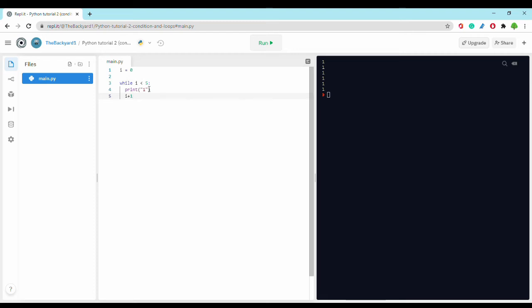2 is less than 5, yes, print 1. Now I is 3. 3 is less than 5, yes, print 1. Now I is 4. 4 is less than 5, yes, print 1. Now I is 5. Well, 5 is not less than 5, so it no longer prints 1. So if we run this, what happened there was